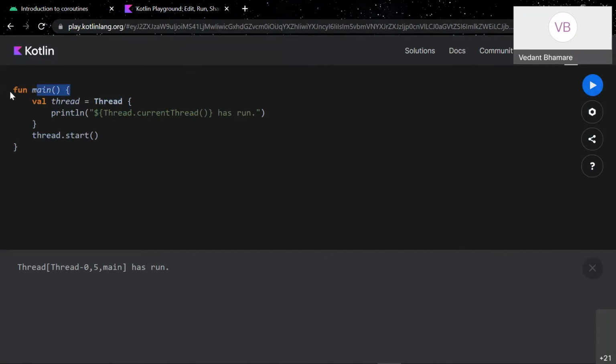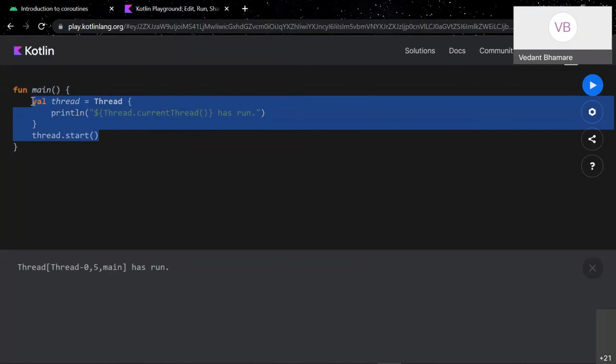So this is as explained in the first session. For executing any Kotlin code, we have to write the main function, and under the main function, we have to write the code that we are going to execute. The main function is necessary when you are just running Kotlin.